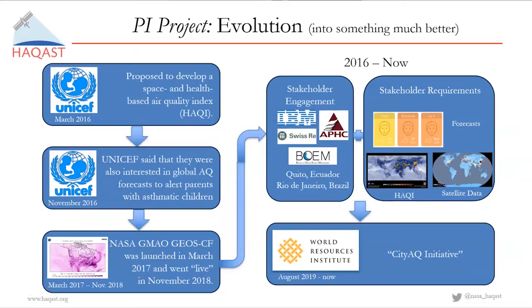For instance, some wanted forecasts, some wanted an easy way to communicate air quality information. So Kevin Cromar developed a Health and Air Quality Index, or HACI. And they also wanted different satellite data sets. And we realized very quickly that this project was growing beyond what we could do ourselves. And we didn't have the expertise to really work with all of these stakeholders, especially the aspects of culture in all these different world cities.